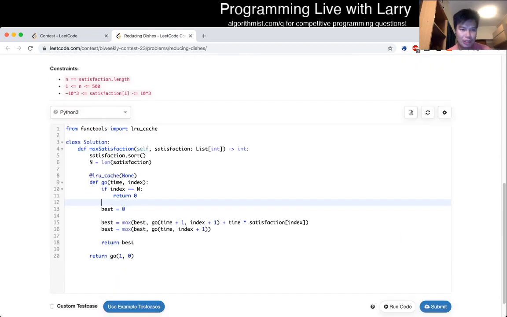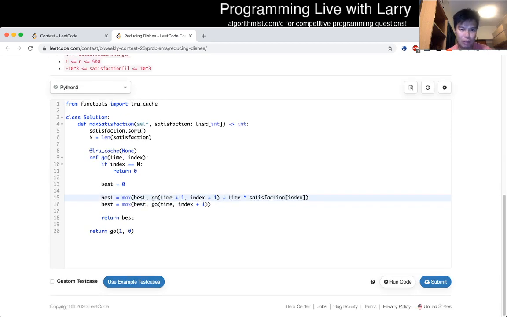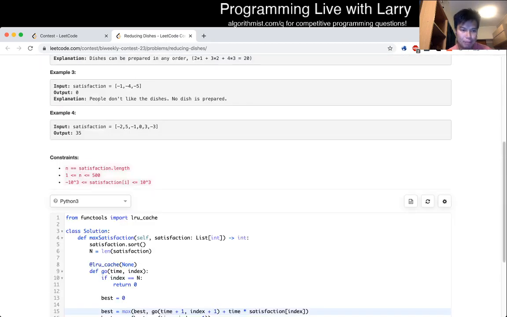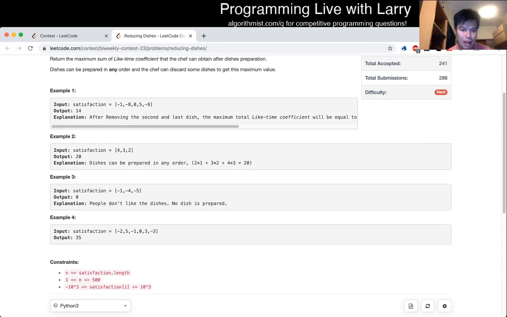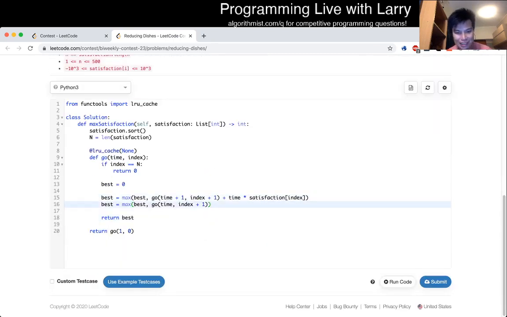you only have two options, right? Given the current time, you either use this dish, which gives you the score, or you don't use this dish at this time and you just increment only the index. Yeah, and this is n squared where n is 500, so it's going to run fast enough. Yeah, and maybe I could explain this a little bit more, but